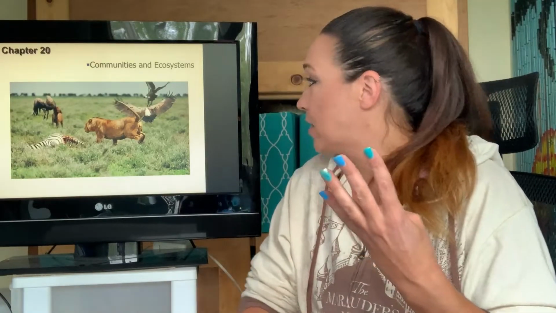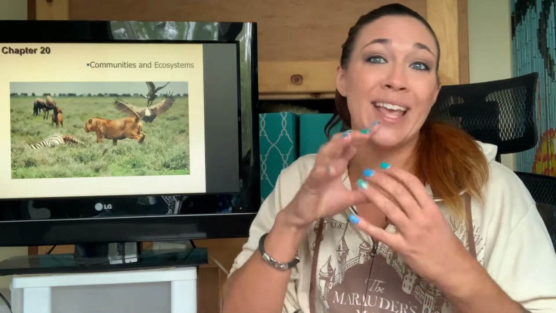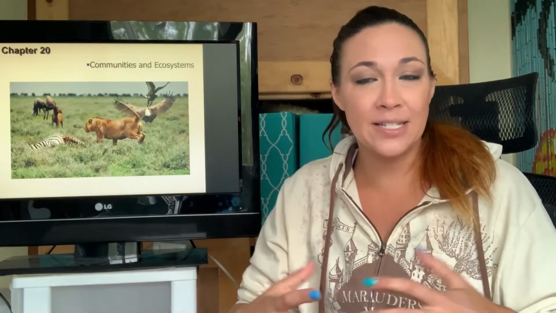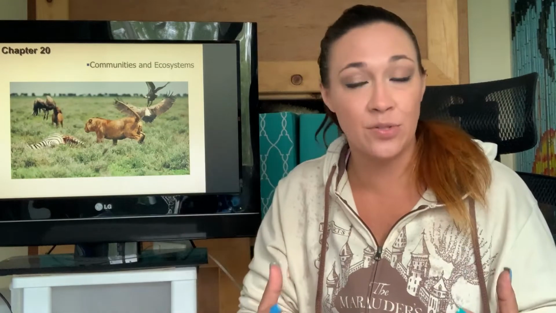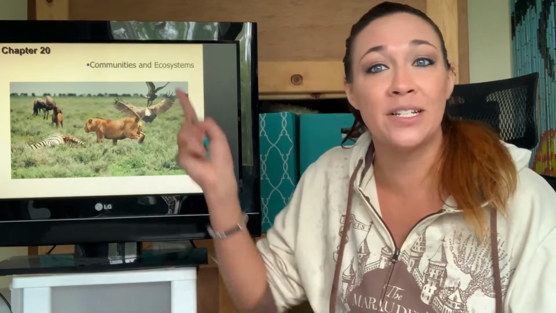So, single population, just your population of lions. Community, you have your lions and your buzzards and your zebras and whatever else is here, hyenas, right? That's your community. If you take all of those different animals and you include the fact that they're in the savanna, right? That means that's the ecosystem level. Okay, so all the different species that live there plus the environment itself.